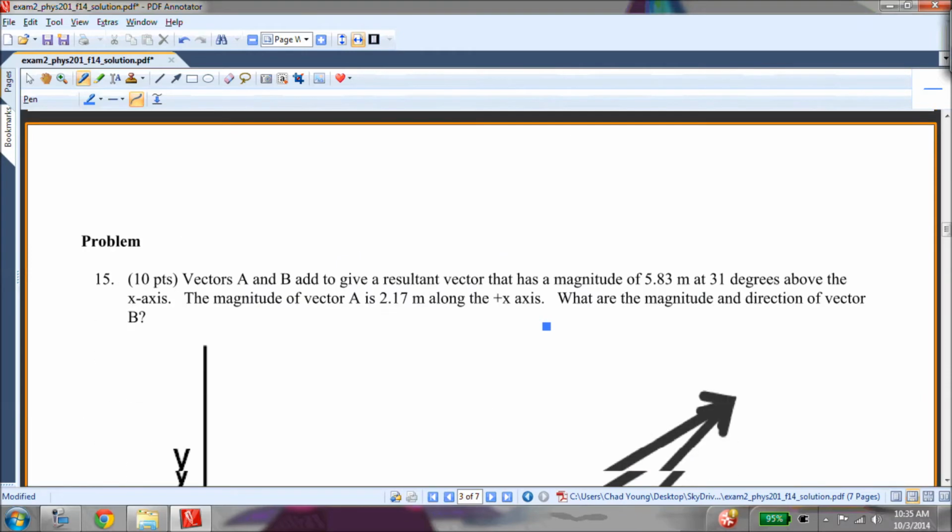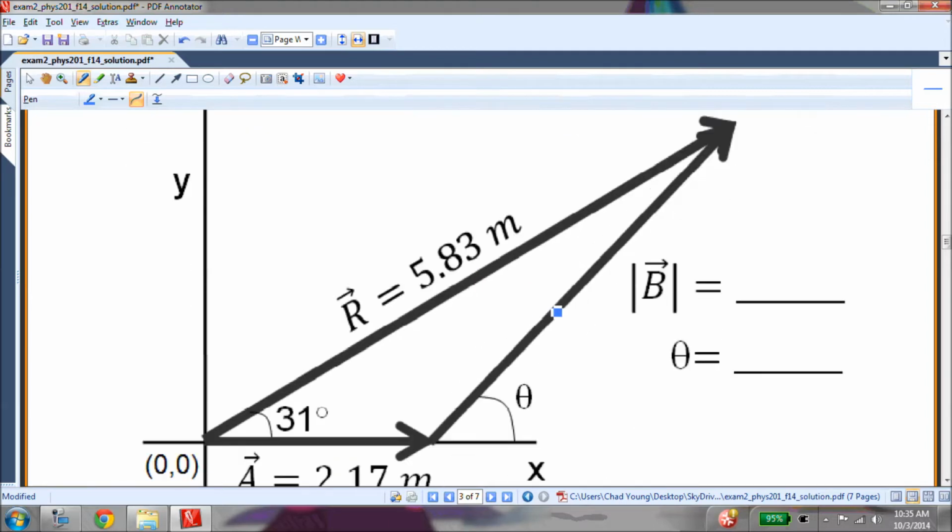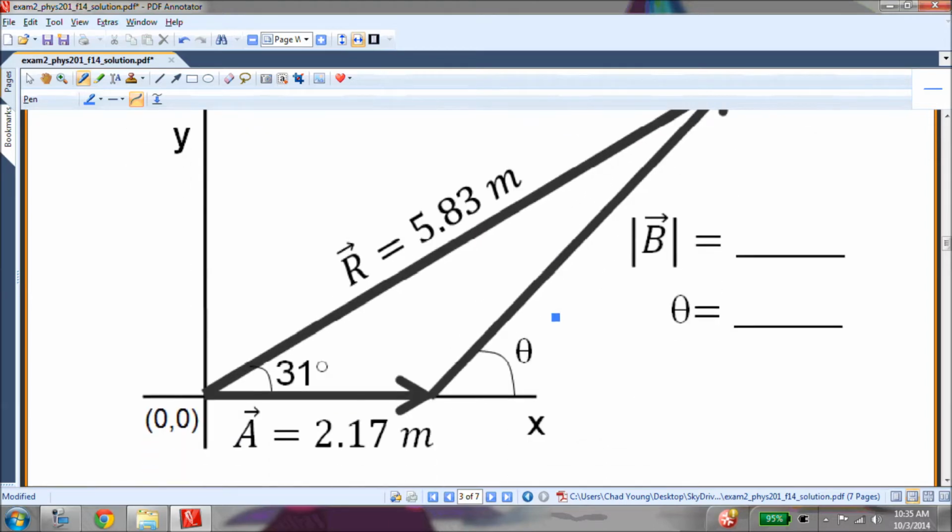Okay, now the free response. We have vectors A and B that add to give the vector R, 5.83 meters at 31 degrees above the x-axis. The magnitude of A is given. What are the magnitude and direction of B? Okay, so first of all,